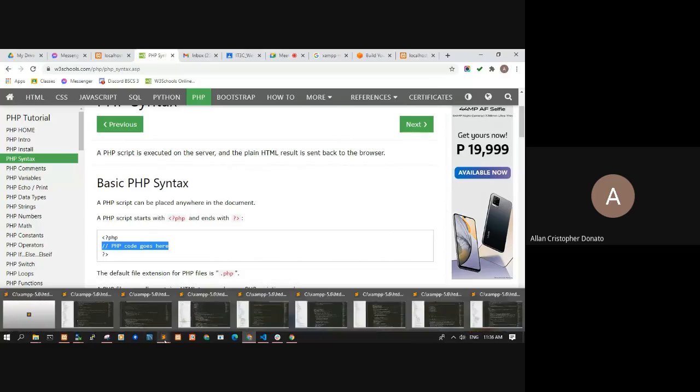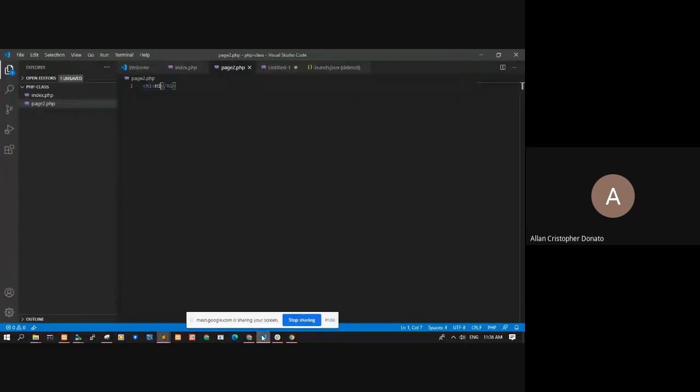In my case, wala akong closing tag. This is allowed if and only if you don't have other text or other contents after the PHP script.